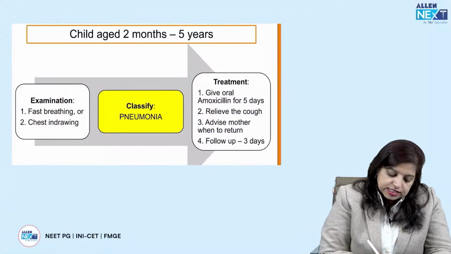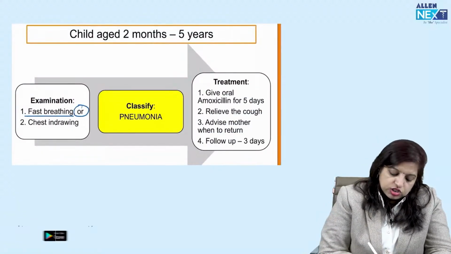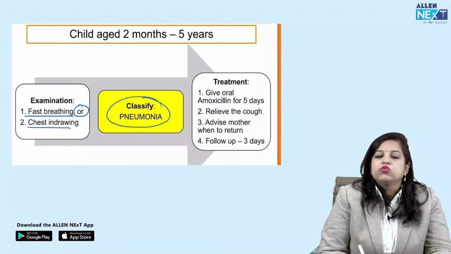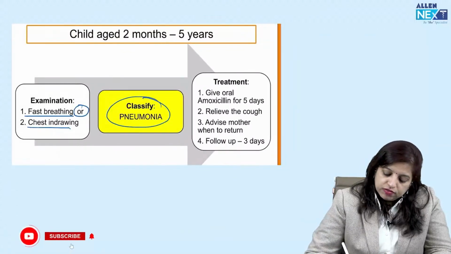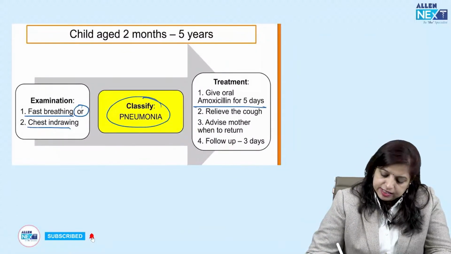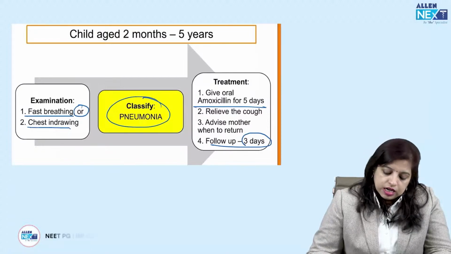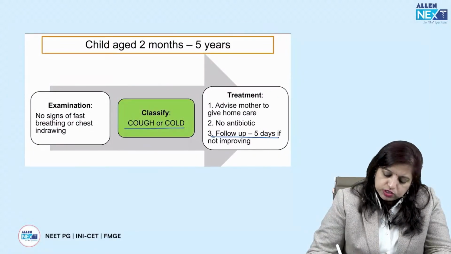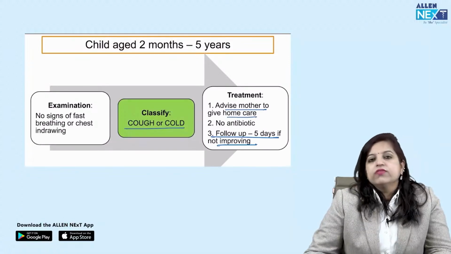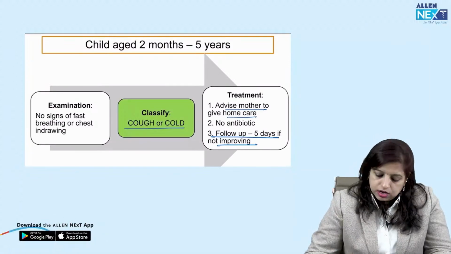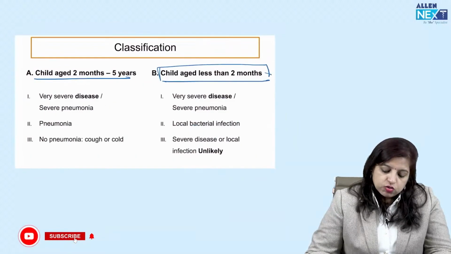And if the child just had fast breathing or chest indrawing, then we just classify as pneumonia. If none of these, then we just classify as cough or cold. In pneumonia, we just give amoxicillin for 5 days and tell the child to come back after 3 days. In no pneumonia, cough or cold, we just follow up the child after 5 days, and we just advise the mother to give home care, and no antibiotic is allowed in this case, right? In children who are